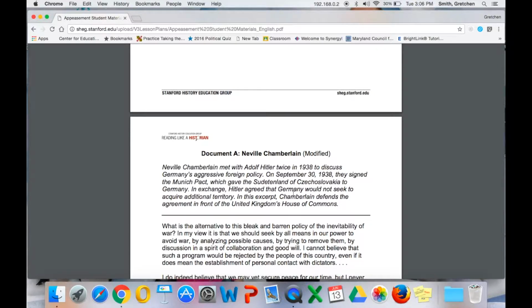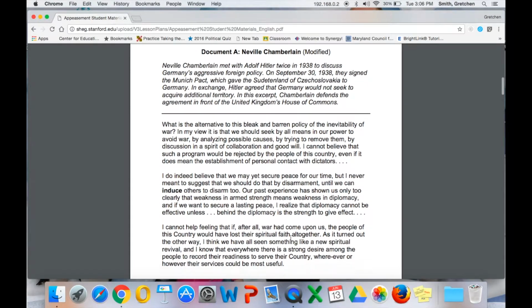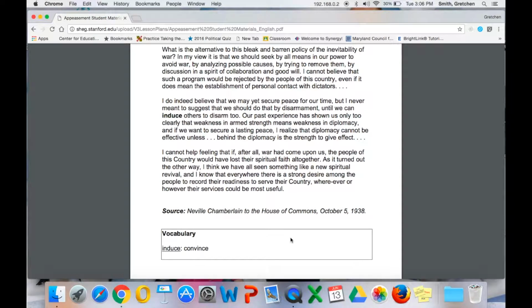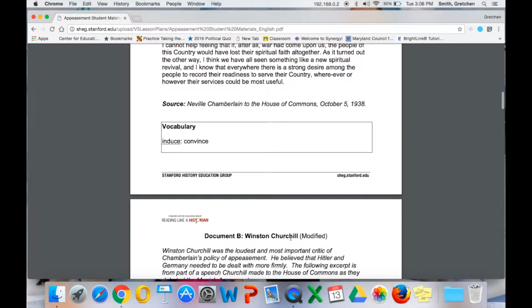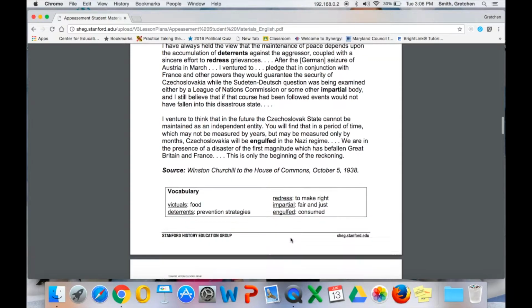Sources include a brief introduction, which will be beneficial to students while they are sourcing the information. Following the text of the source, vocabulary that students may need to understand in order to interpret the document is provided and defined for them. This particular lesson has 5 sources. If we scroll down